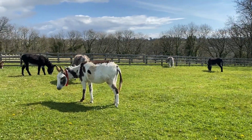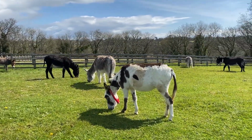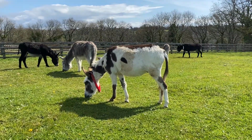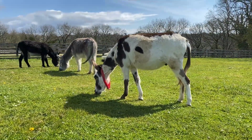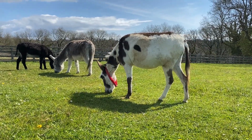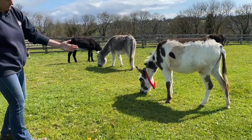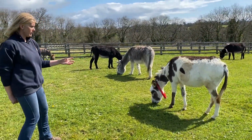So here in front of us, we have Christian. Christian has a broken coloured coat. This is called a skewbald donkey. He's sporting a red collar, which means he's a boy. And I don't know if you can notice, but from his knee down to his foot, it's quite upright and